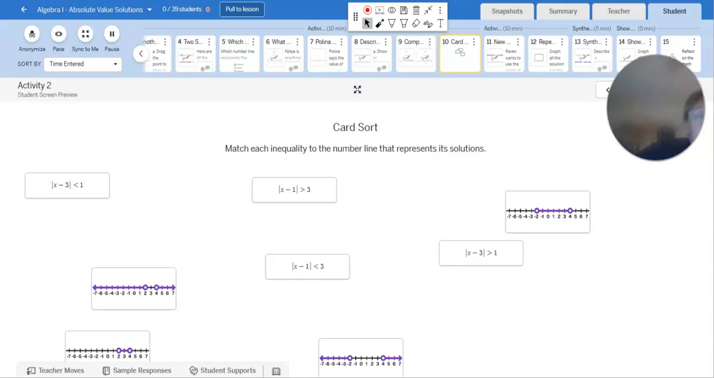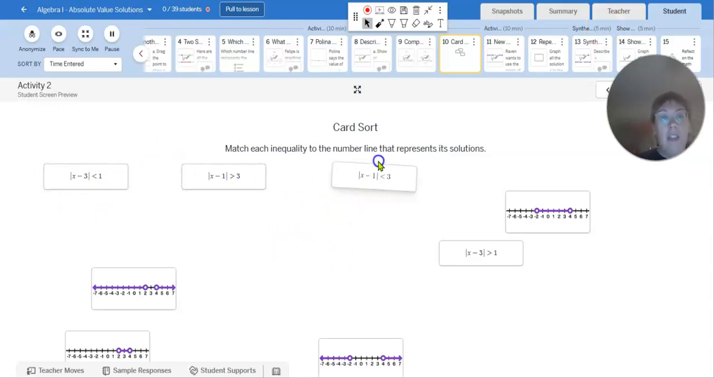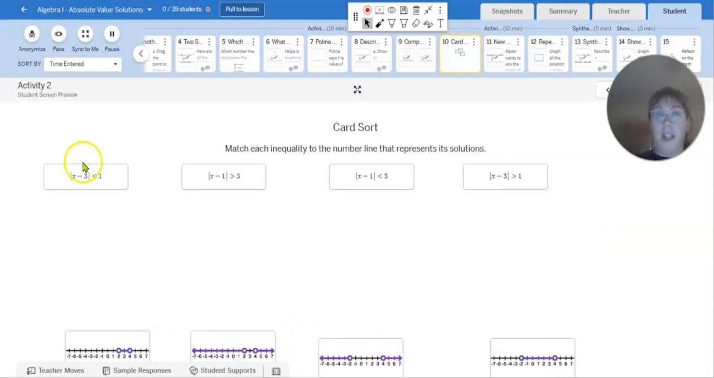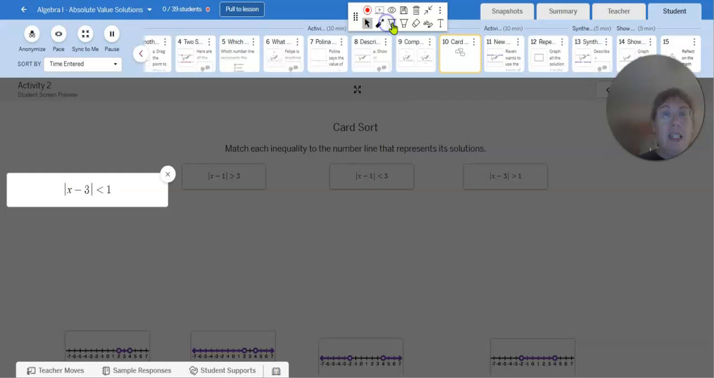Okay, my friends, we're looking at that 2 point lesson. This is part two. So we have our four inequalities and we have four graphs, and we're going to be matching them. So the first one that I see is looking at the distance from 3